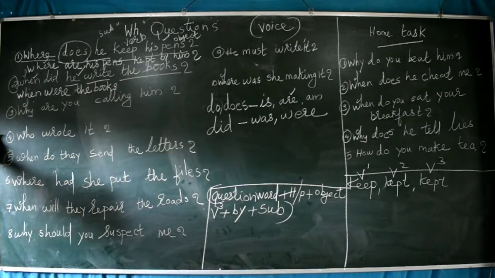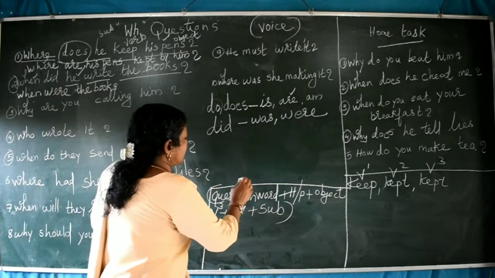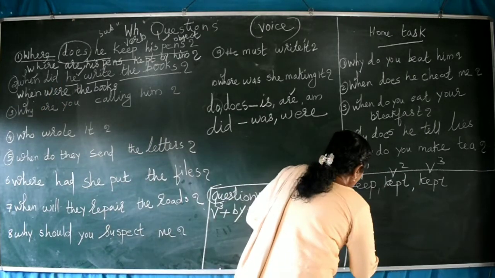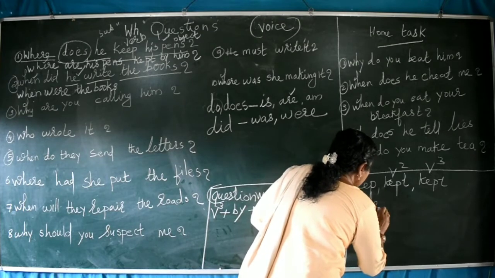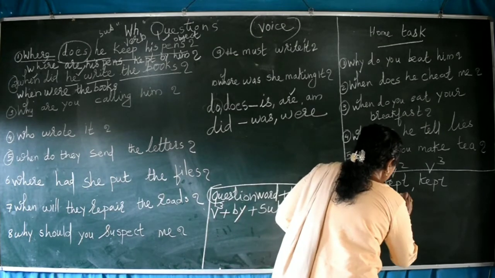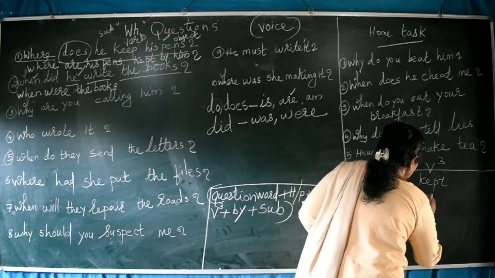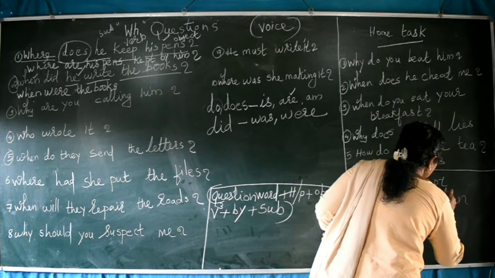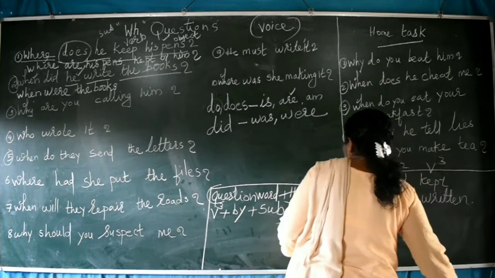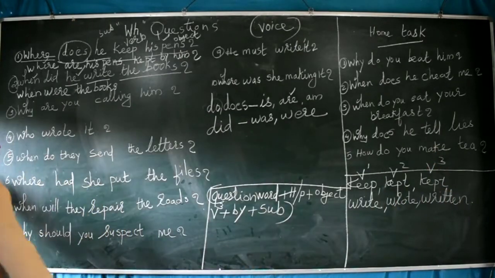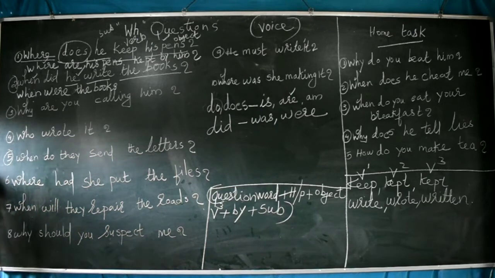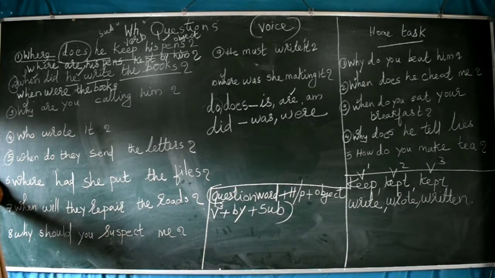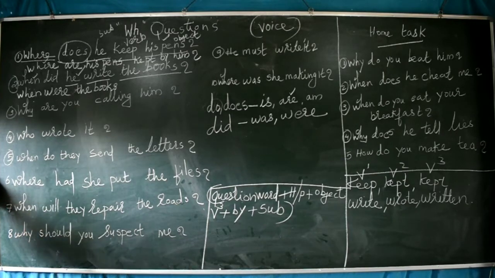When, where, the books. Again there are 3 forms. Every verb has 3 forms: write, wrote, written. Come, came, come. Eat, ate, eaten. Walk, walked, walked. By adding ed, many of the verbs will get past tense. Some are irregular verbs. They will not get it by adding ed. So that is different in nature.